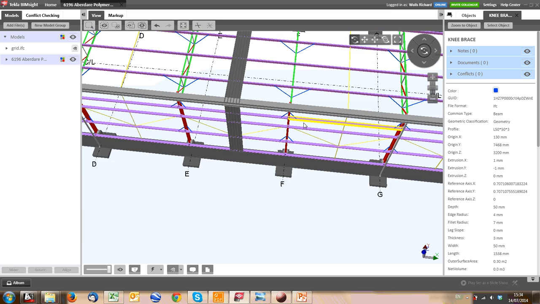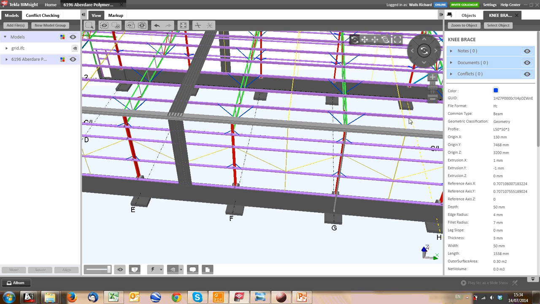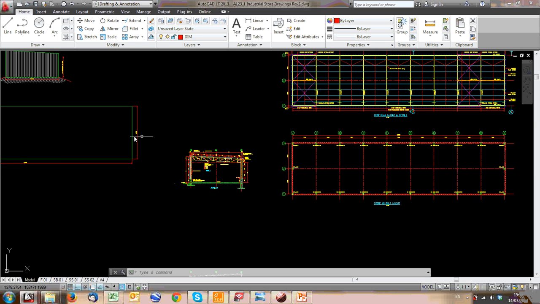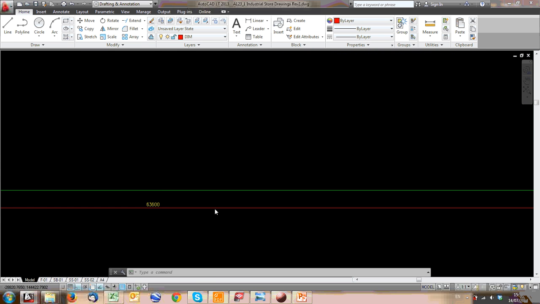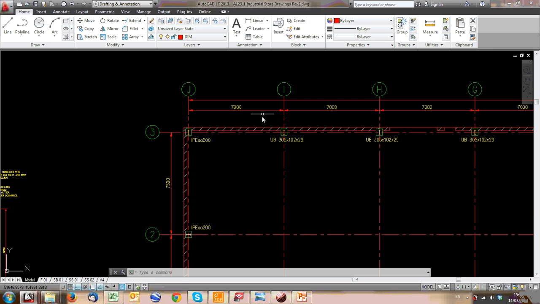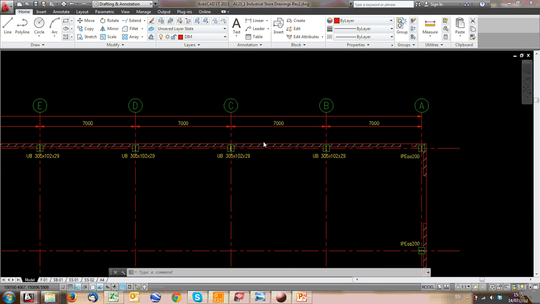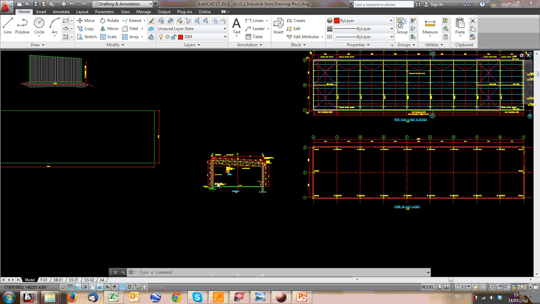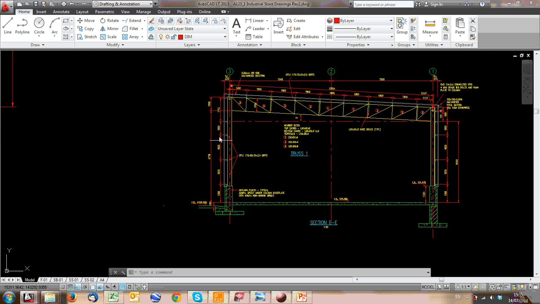But for now, we're going on about a 7 meter grid spacing from truss to truss. So if we go back here, you can have a look at 63 meters. You can just fit in a whole bunch of 7 meter grids. But just to double check that will work, what you need to know is where